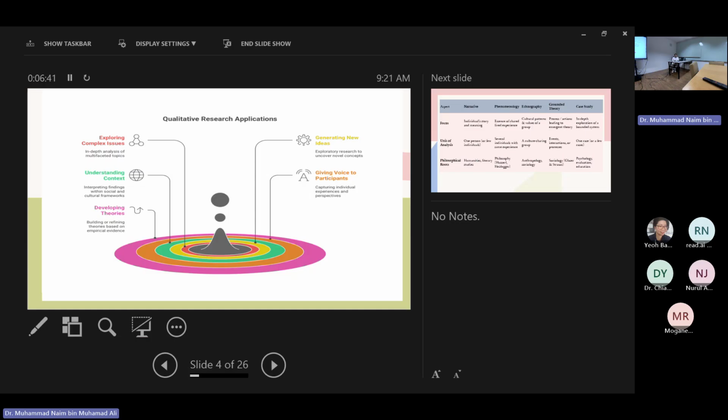When I did my PhD, we did this thing called triangulation, where I triangulated three theories: resources and appropriation theory, bundled transactional theory, and TPACK theory, technological, pedagogical, and content knowledge theory. From these three theories, we hybridized them, and it became a new model to mitigate challenges in online and remote learning. That was my PhD topic, basically.